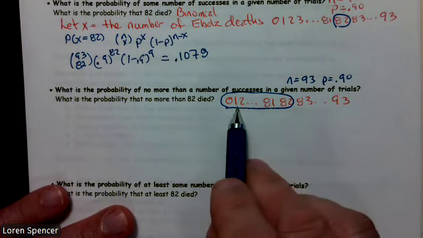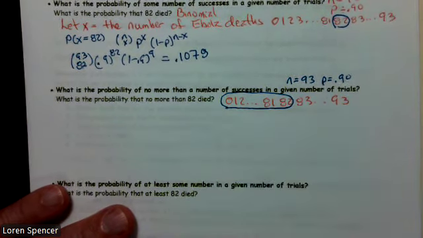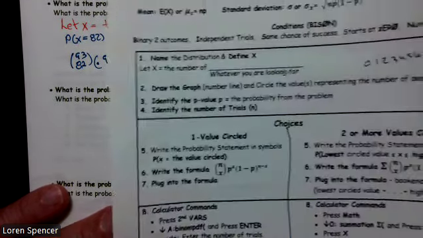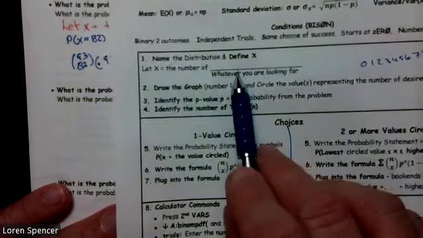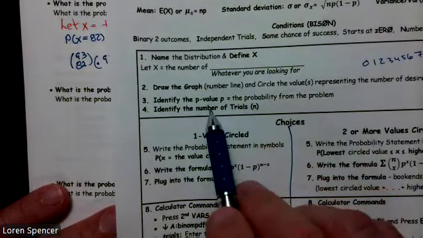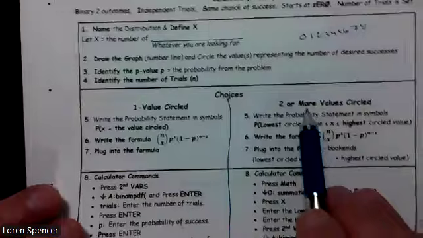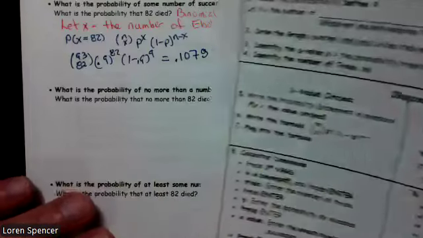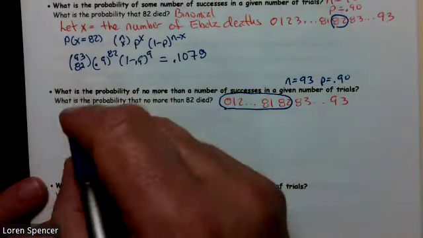In this case, I have multiple values circled. Oh, and I'm not going to redefine x because we're looking for the number of deaths. We've drawn the graph. We've done this. But we have more than one value. So my probability statement is going to be the probability